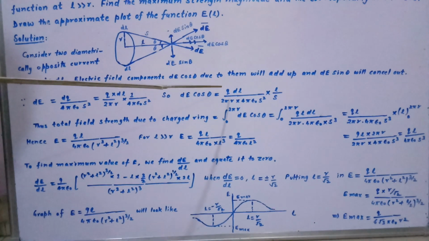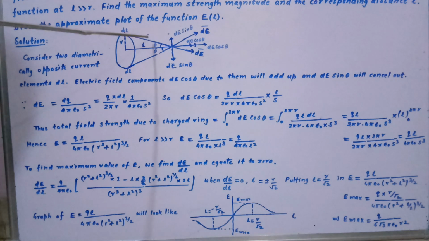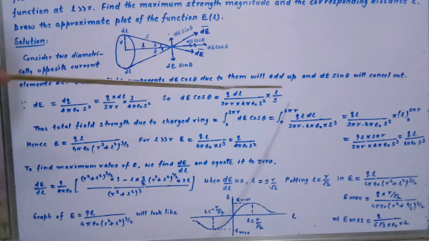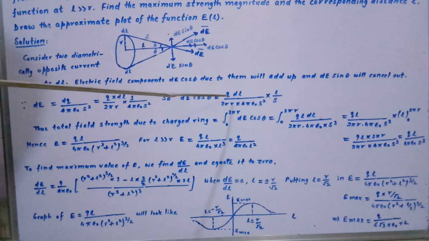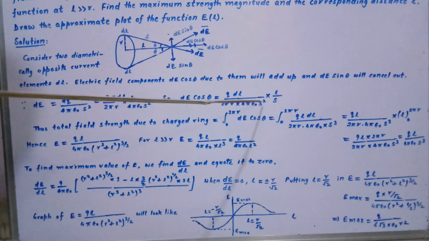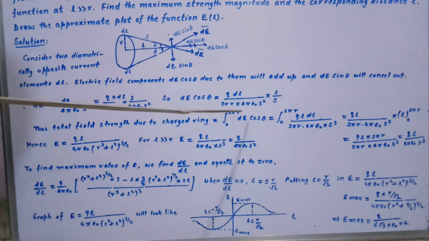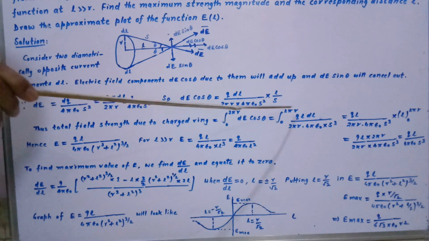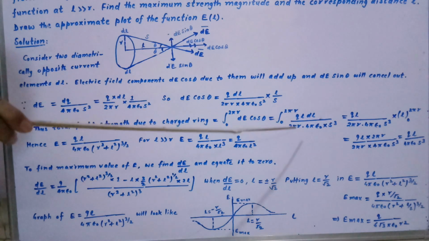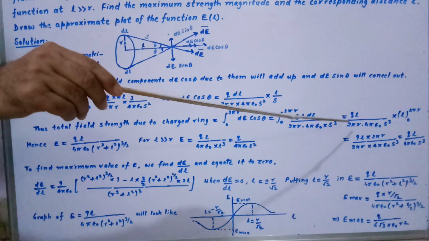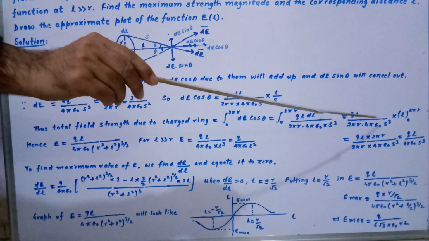So we put the value of cos theta as L upon S, base upon hypotenuse. So dE cos theta will be Q dl into L divided by S, whole divided by 2 pi R times 4 pi epsilon naught S square. So we find total field due to the charge ring, that is we integrate dE cos theta from 0 to 2 pi R. So that is 0 to 2 pi R of QL dl divided by 2 pi R 4 pi epsilon naught S cube, which is equal to QL by 2 pi R 4 pi epsilon naught S cube, and